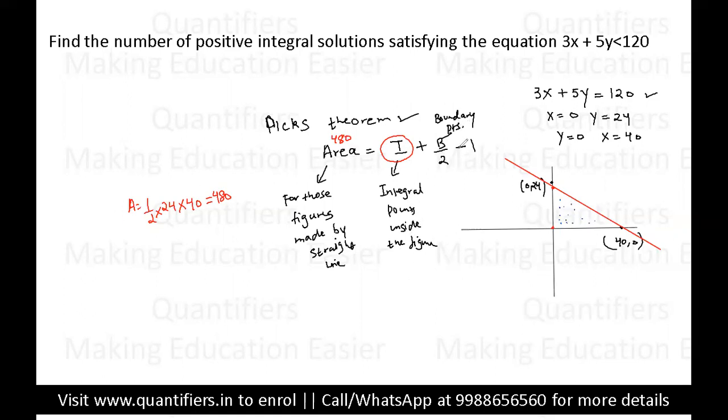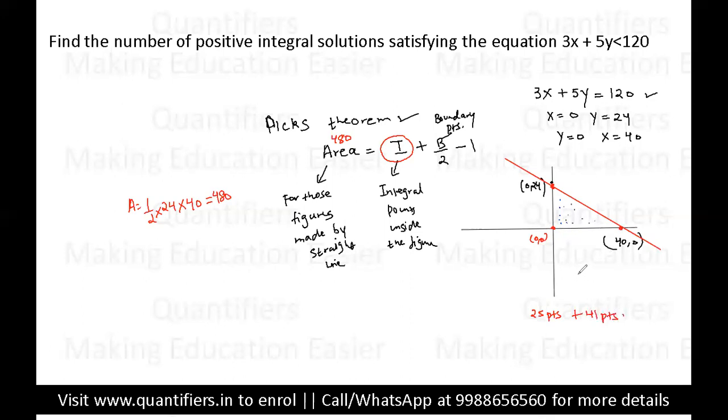Now let us calculate the boundary points. So students, now you know this point is 0, 0. From 0, 0 till 0, 24, ये 25 points हैं. So do not make a mistake. Do not consider it to be 24. The number of points is 25 from 0, 0 till 0, 24. And now if I talk about the points on the x-axis, from 0, 0 till 40, 0, 0, 0 से लेकर 40, 0, how many points are these? These are 41 points.